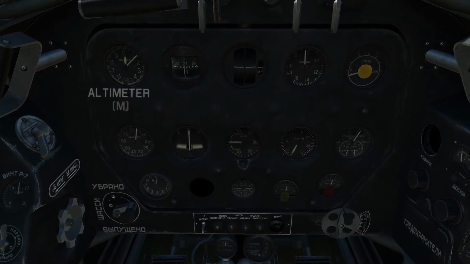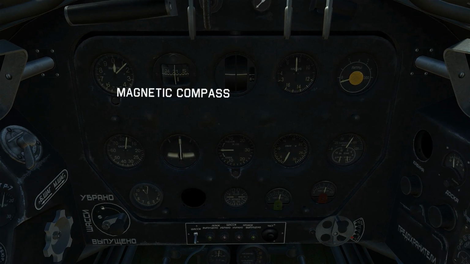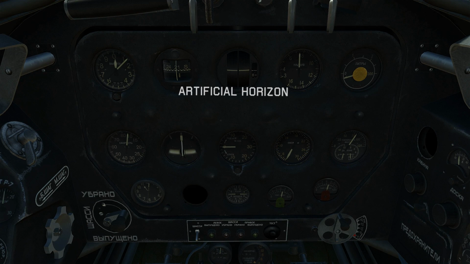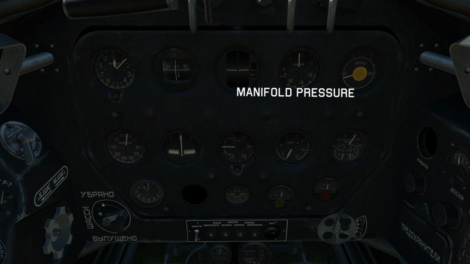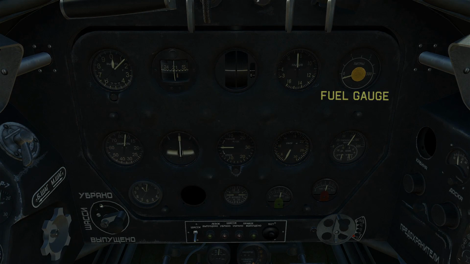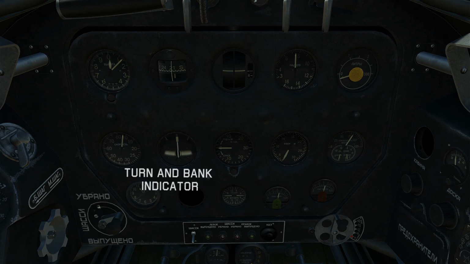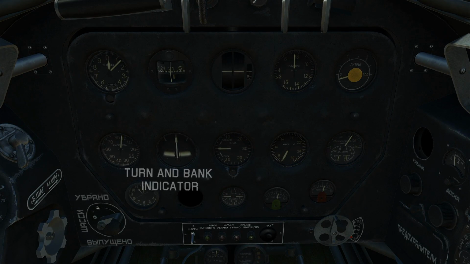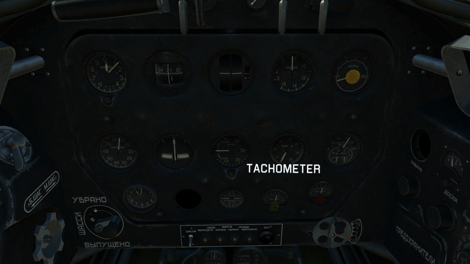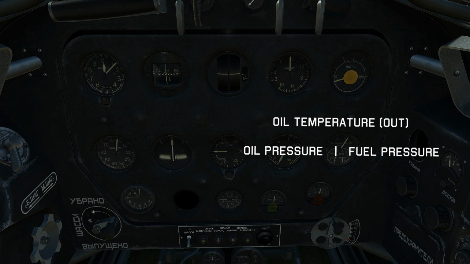Moving to the front panel, we have an altimeter, magnetic compass, artificial horizon, manifold pressure, fuel gauge, airspeed indicator, turn and bank indicator, vertical speed indicator, tachometer, oil temperature with split oil and fuel pressure,